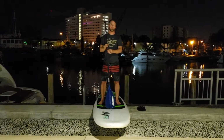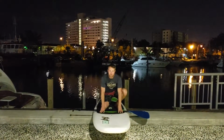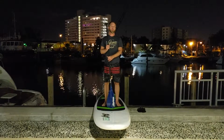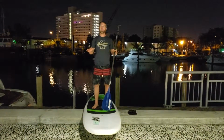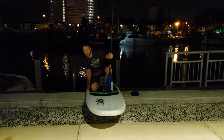The other option, if you're still feeling a little shaky on the paddleboard, you want to just kneel down really quick, just like that, okay? Wait for the waves to pass, and then you can stand back up again. There is no right or wrong way to sit on the paddleboard. Whatever is more comfortable for you. So, if you want to stay standing for 15-20 minutes, then you want to kneel back down. It's totally okay. You can also sit on your butt just like this,